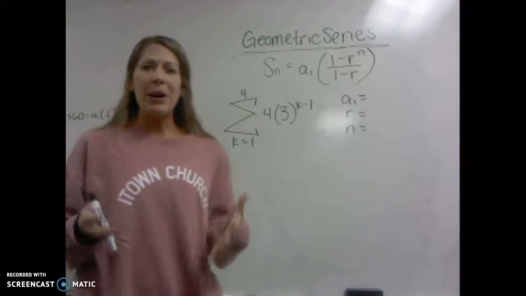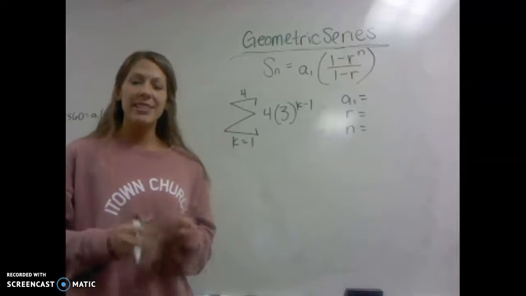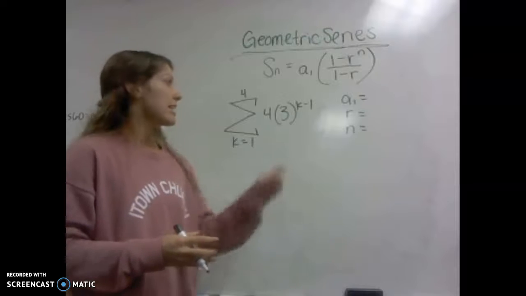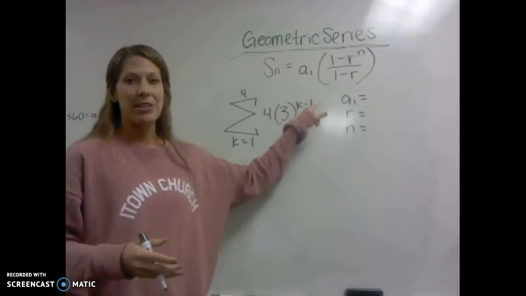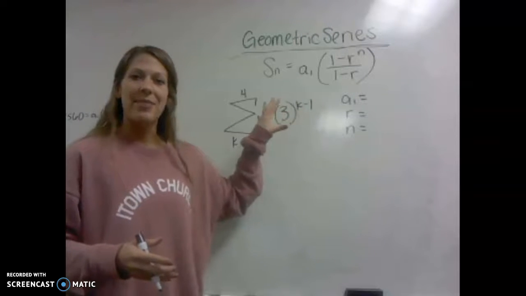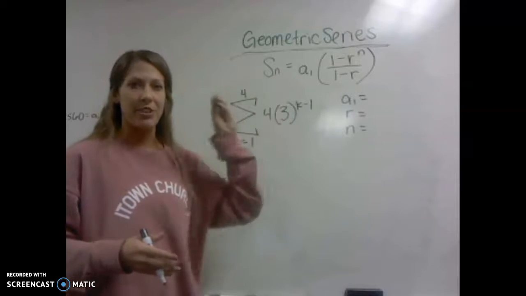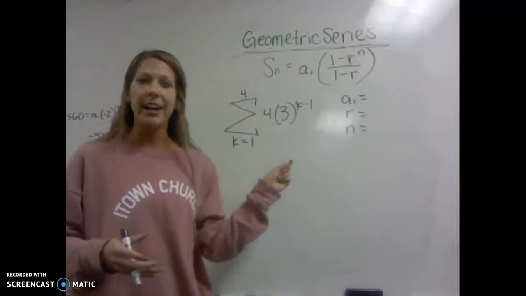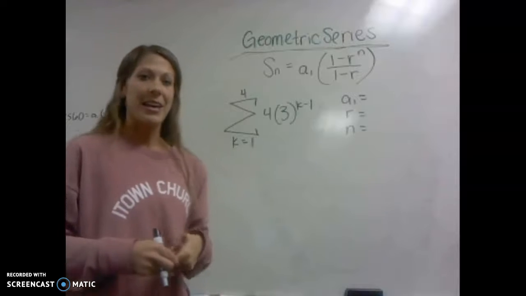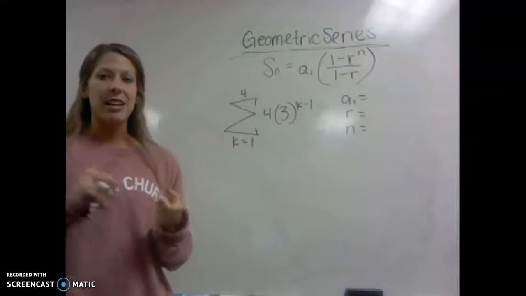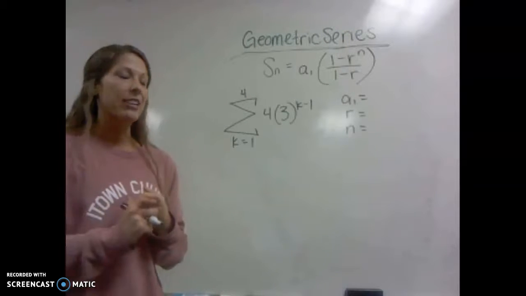And the way we know that this is a geometric series as opposed to an arithmetic series is because of this exponential power right there. If we have an exponential function, an exponential rule, that is what makes it a geometric series. If it looked linear, then it would be arithmetic. All right, so we need to look for our three things: our first term, our common ratio, and how many